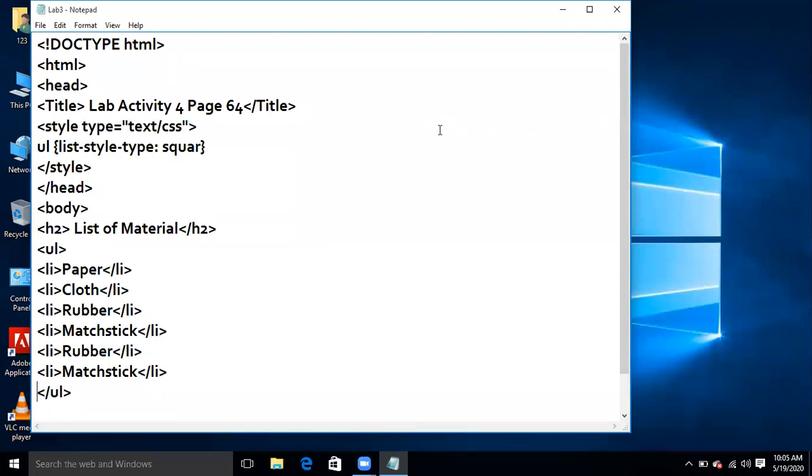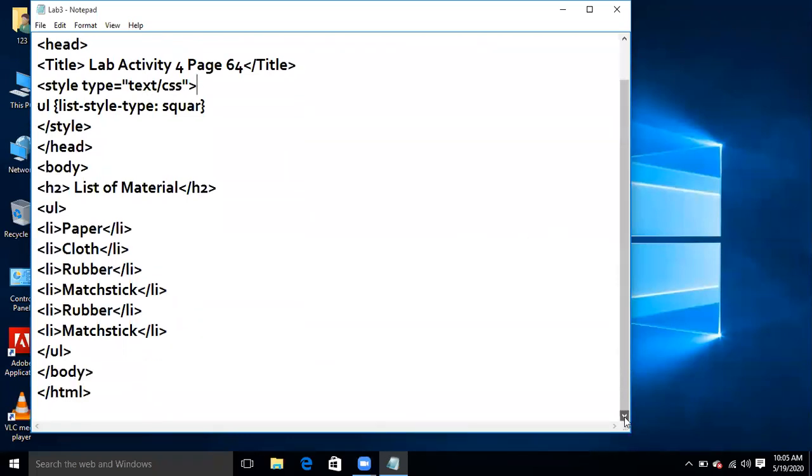And when we have done this job, we are going to close the unordered list tag, and then the body tag, and then the HTML tag. The HTML tag we had started in the beginning, and as you know, there are two portions, head and body.